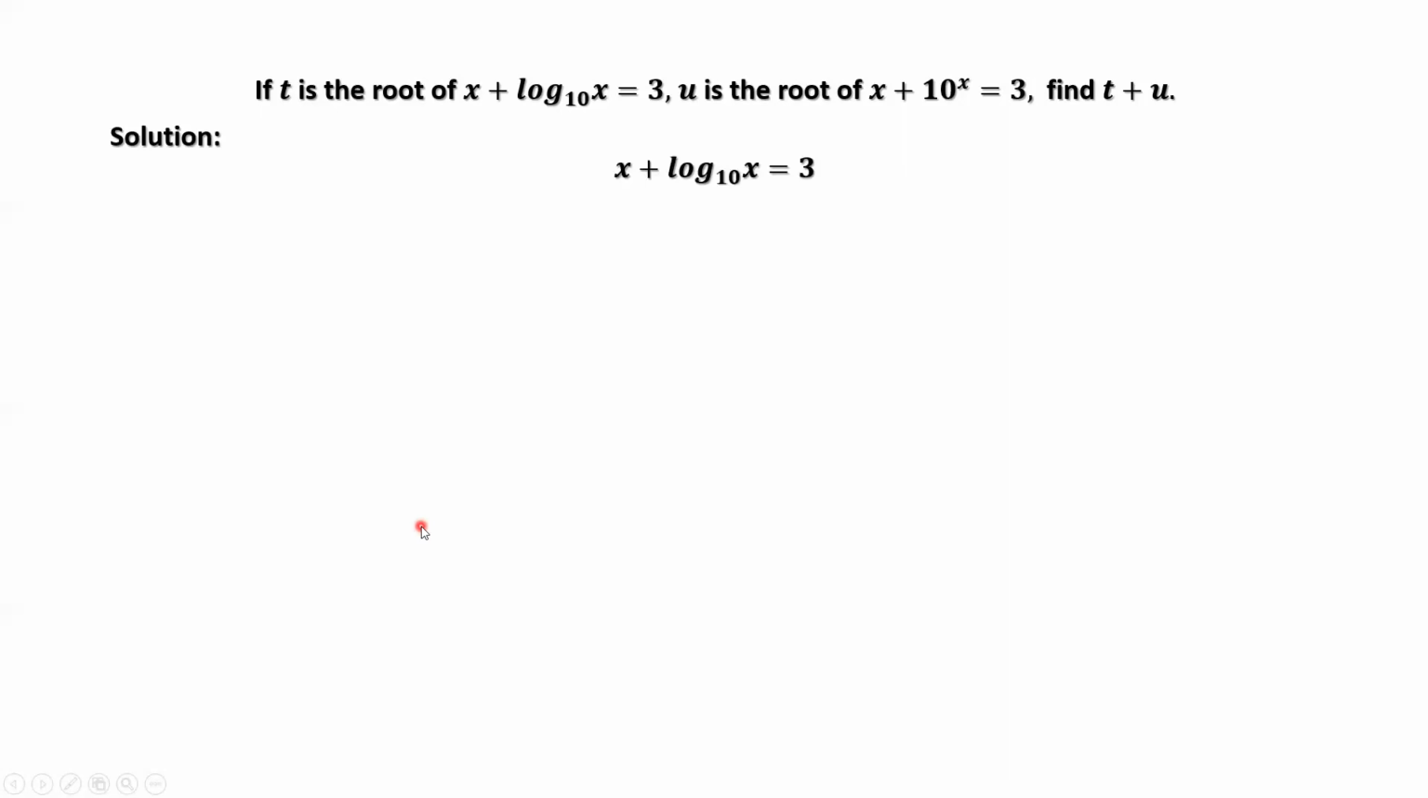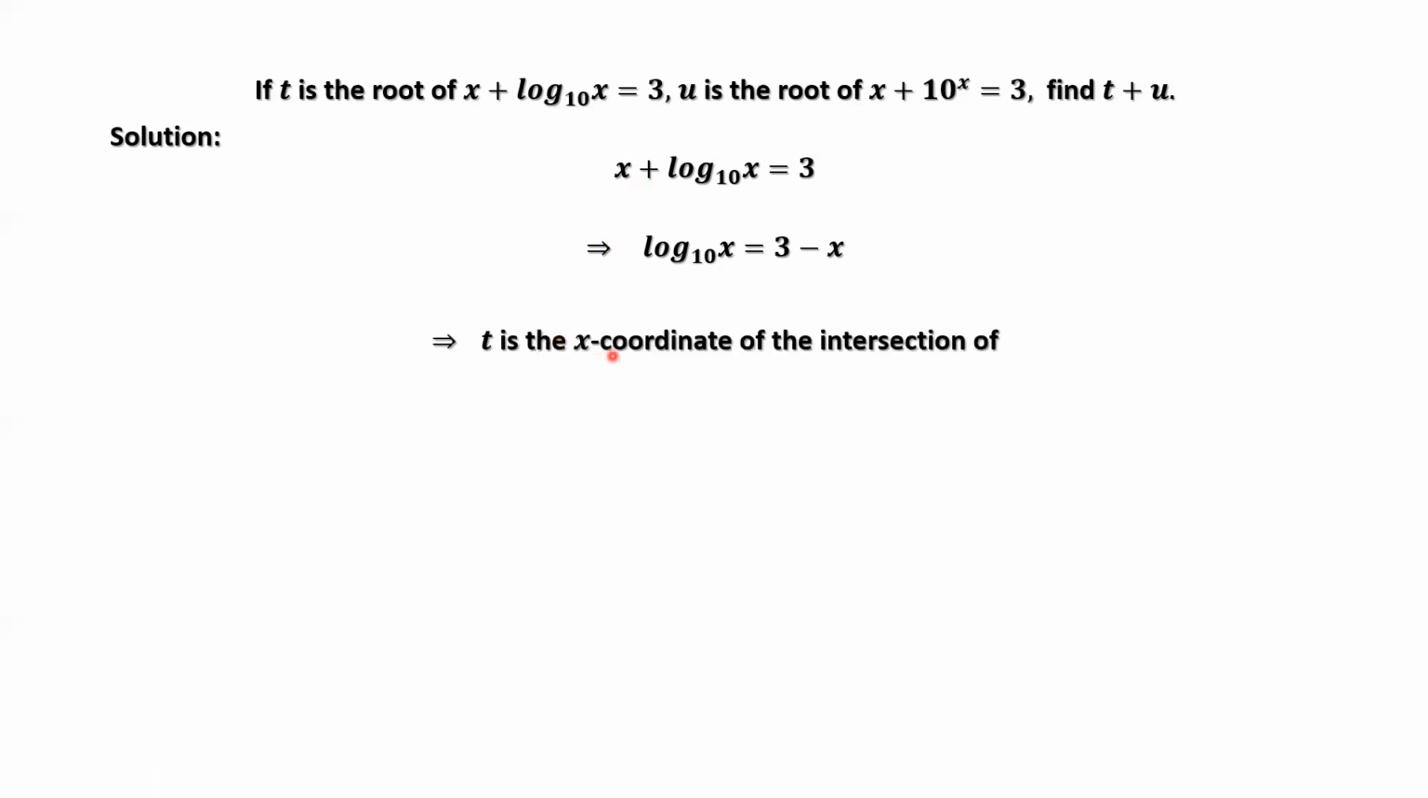This is the first given condition. T is the root of x plus log x equals 3. We can move x to the right-hand side. We have log x equals 3 minus x. Because t is the solution of this equation, this implies